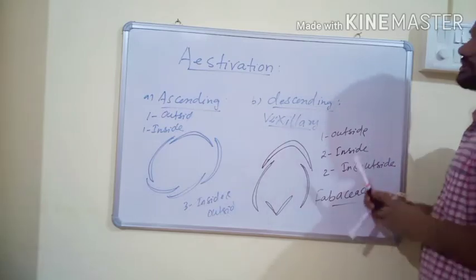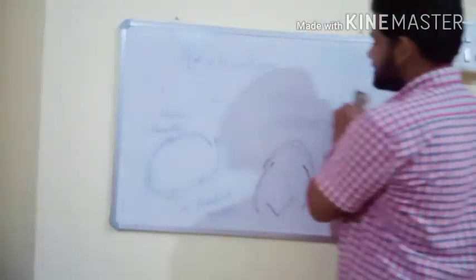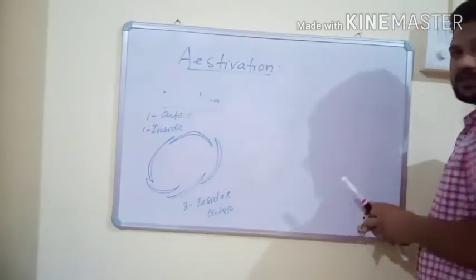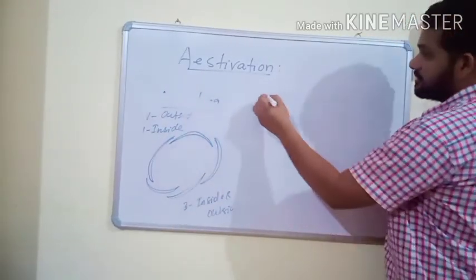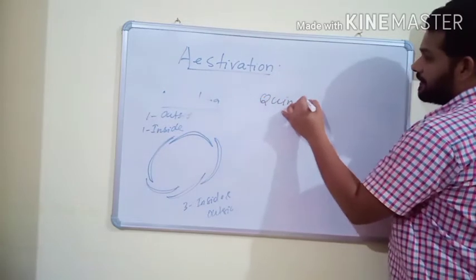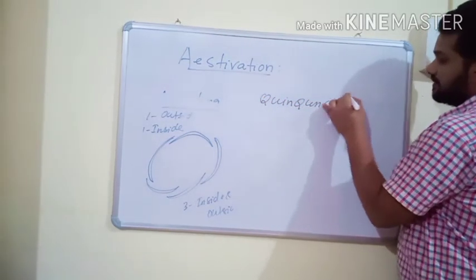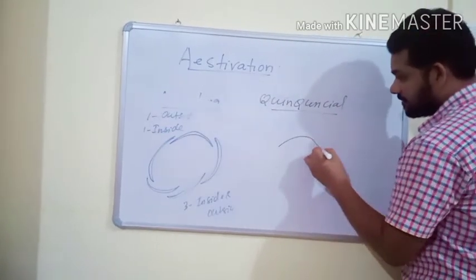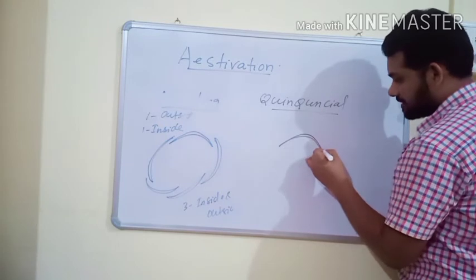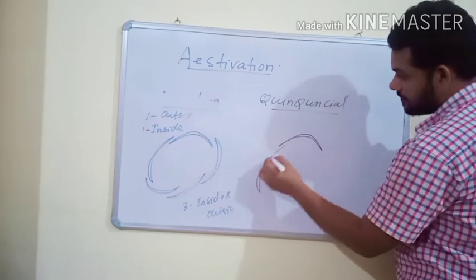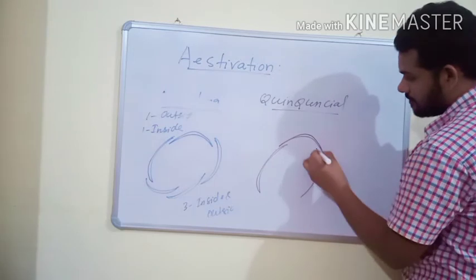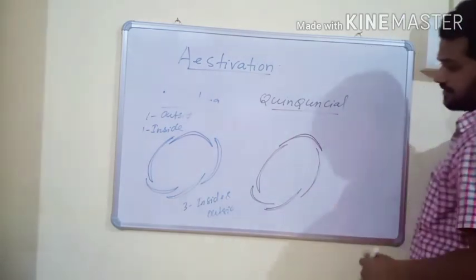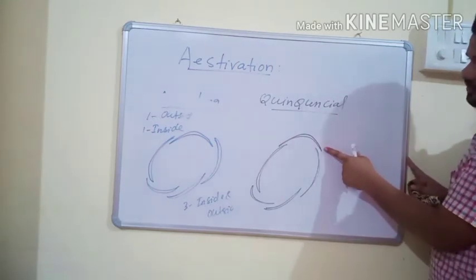And one more estivation, that is called quincuncial estivation. This is the last type, but it is not in the NCERT textbook, though it is important to know. Quincuncial estivation is also a type of imbricate. In this estivation, the arrangement of petals is like that. In this estivation, one petal is totally outside,